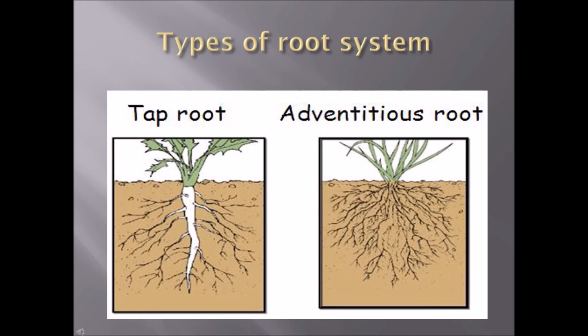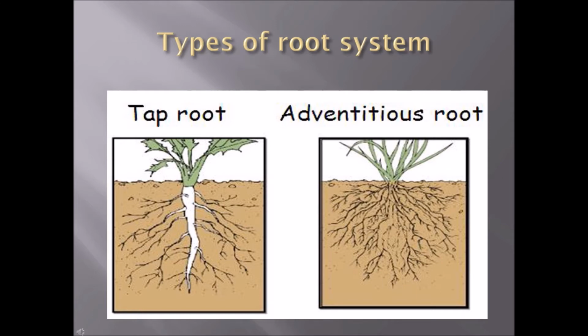Types of root system. So you know what a root system is and what the functions of a root are. The root system is divided into two types: one is the taproot system and another is the adventitious root system. In the taproot system, as you can see in the image, a primary root will be present in the center. A thick center root will be present, and on the side you can see small fibrous roots arising from the primary root. From those, small hairs will arise.